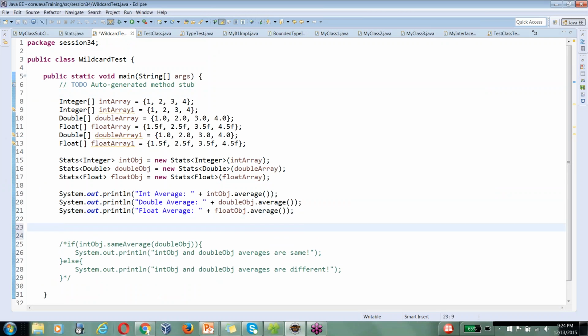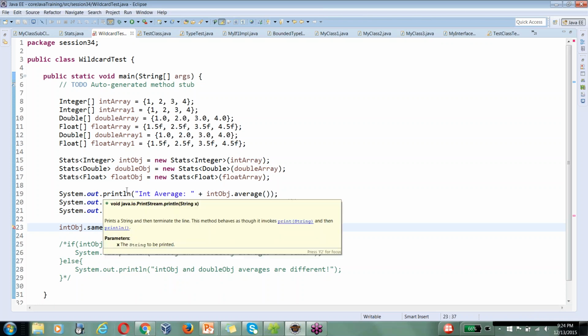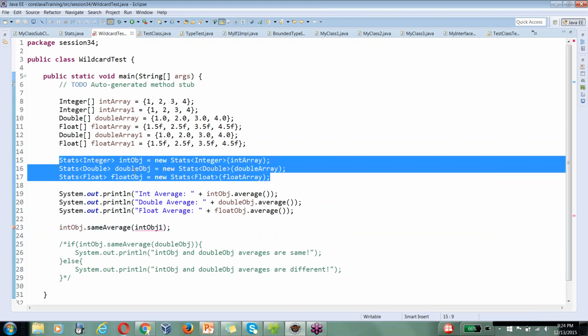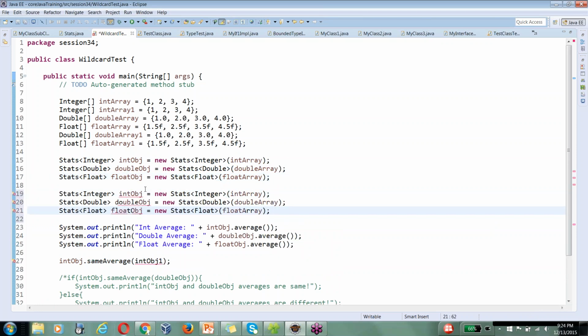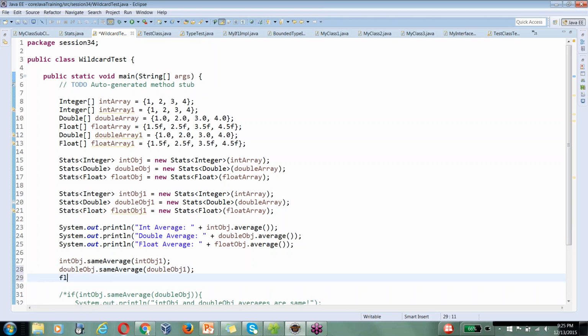Okay, dot same average of int obj, 1. We did not have to create another object. We could have compared with same object. Okay, int obj, sorry. Okay, so I have to create these things also. Okay, now this will be valid. Also, 1, this is also valid. Okay, and all these things are valid